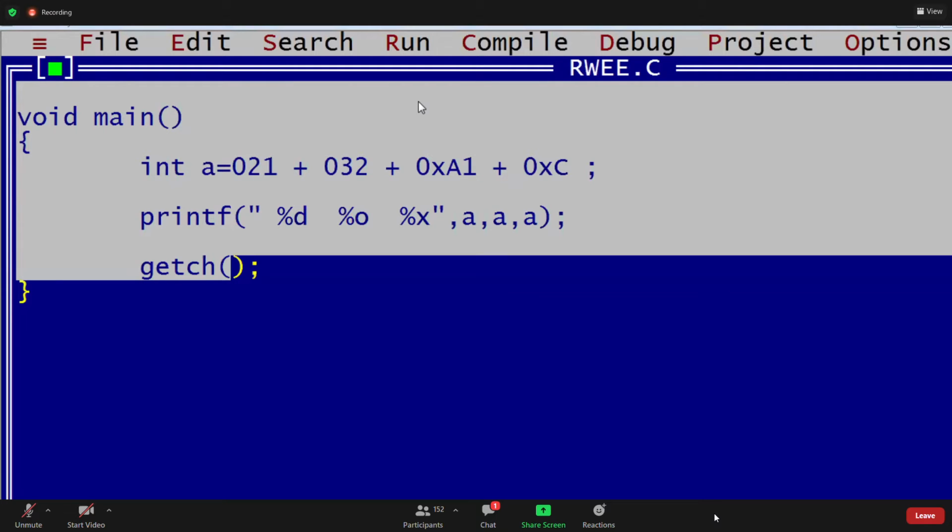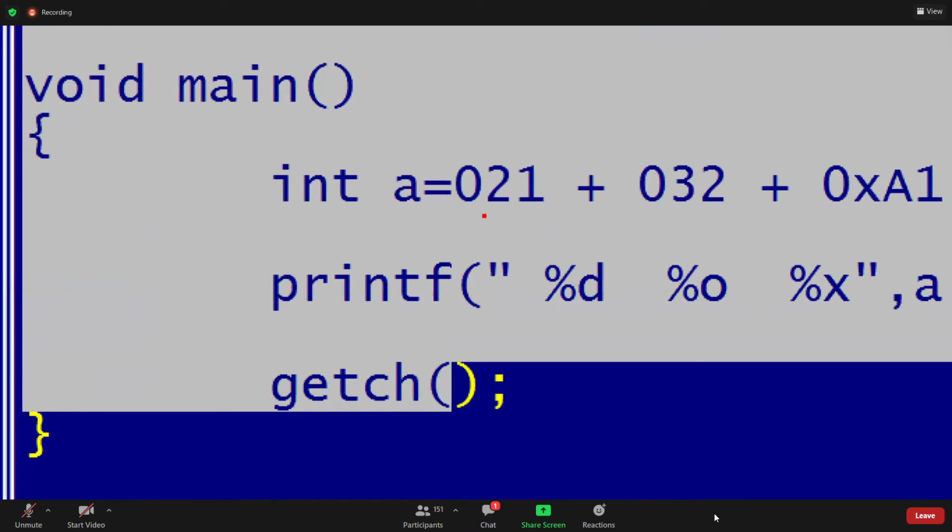Yes, Krishna Vamsi. We do it: 1 into 8 power 0 is 1, plus 2 into 8 power 1, which is 16. So this value is 17.